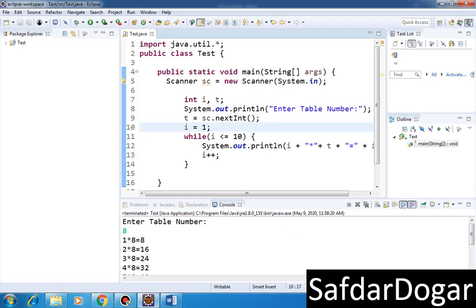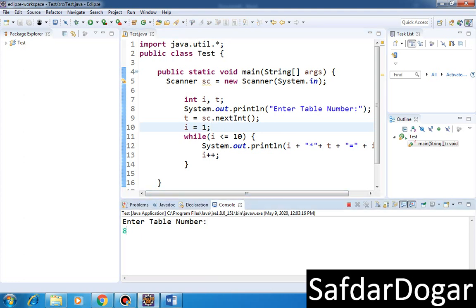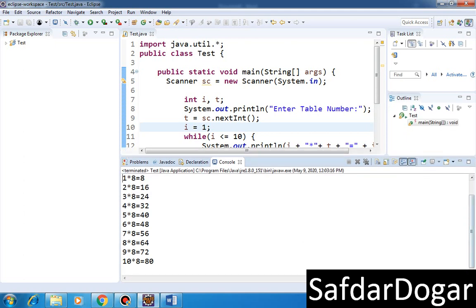This is a program which displays a table of any number. I run this program, enter table number, I write here 8, and then the table of 8 is displayed.